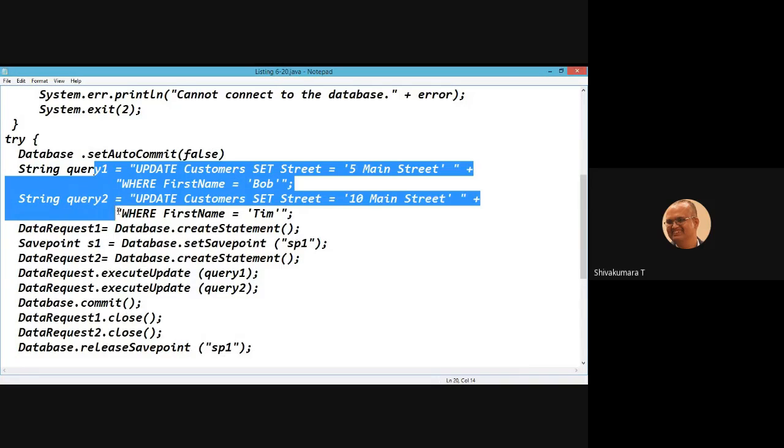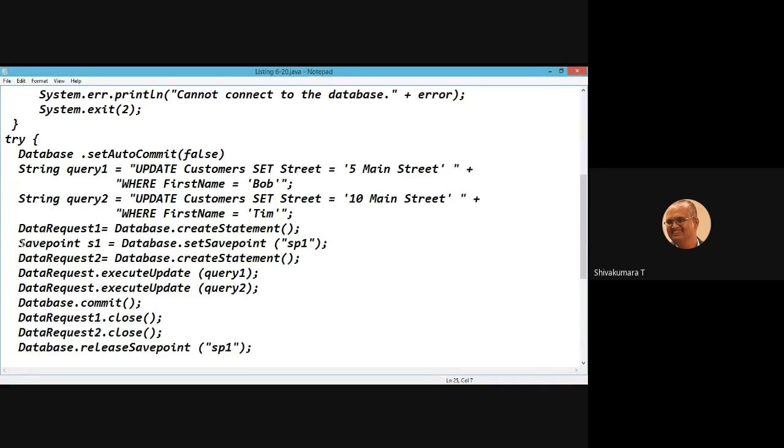Two queries are used for updating the content of the customer table. Then a savepoint is created. You set it using connection dot setSavepoint with the name SP1, savepoint 1.